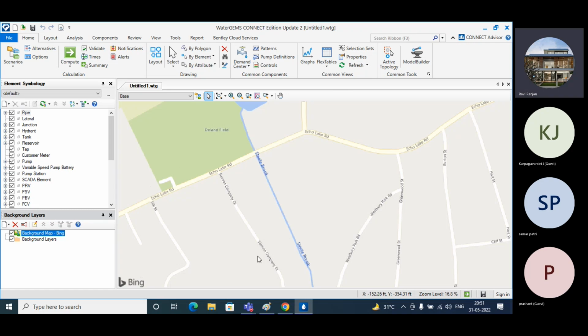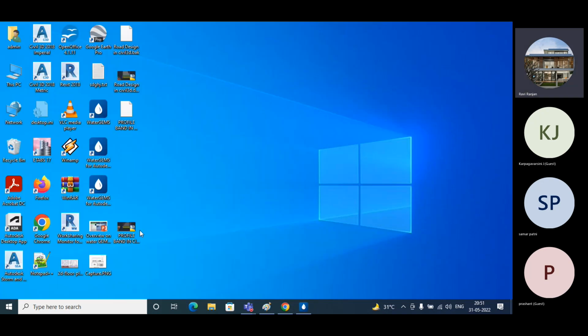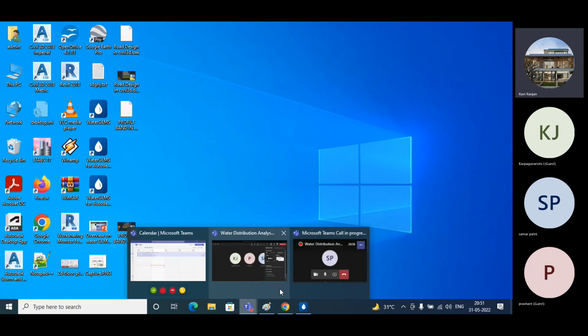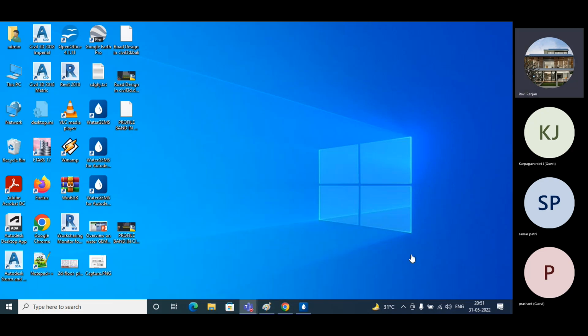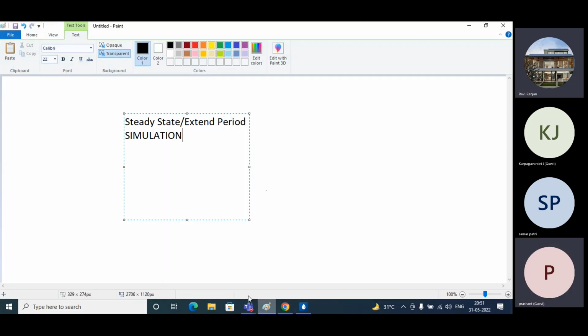Any doubt regarding this topic? Bing map key. Hello. Is there any doubt regarding this? No, sir. Okay. So see,